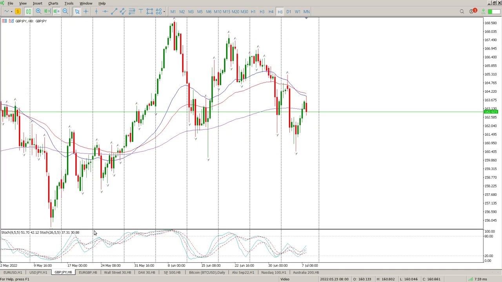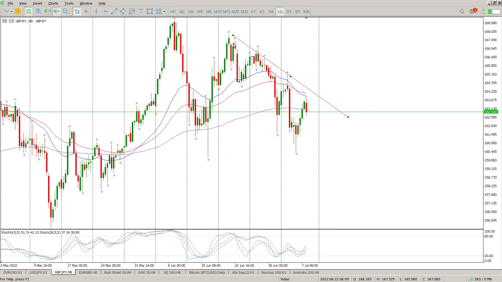Moving on to British pound Japanese yen. We did get a rejection early in the week, dropped down, and what I've been saying to you is we're looking for the retest of some form of structure. What we got is a rejection, and that happened this morning, of the 8-hour moving averages, which have crossed over. So that is kind of a signal, but I think for me,